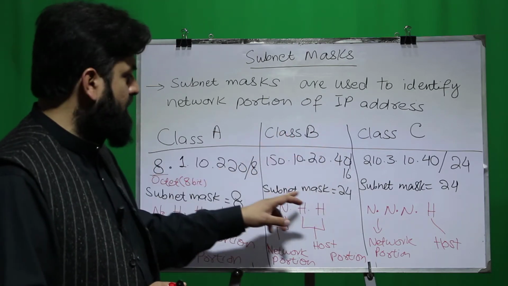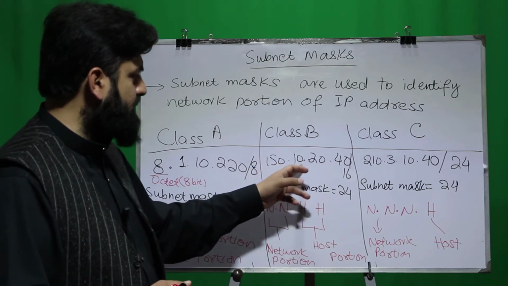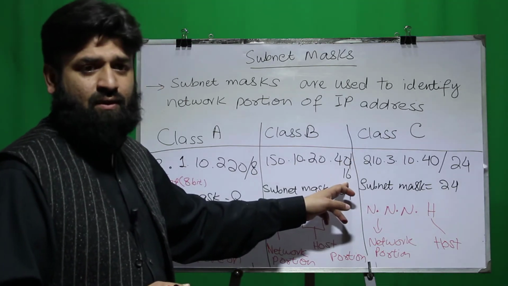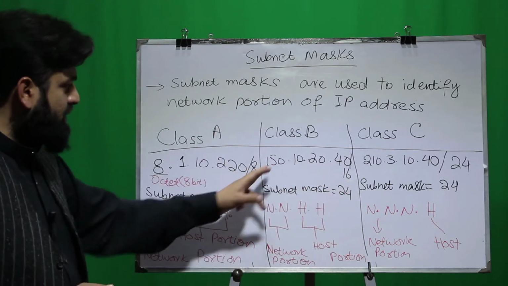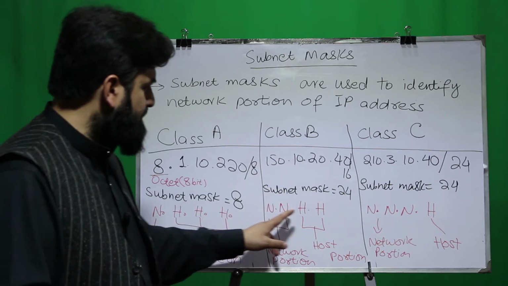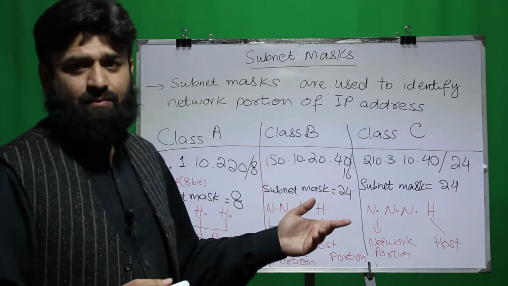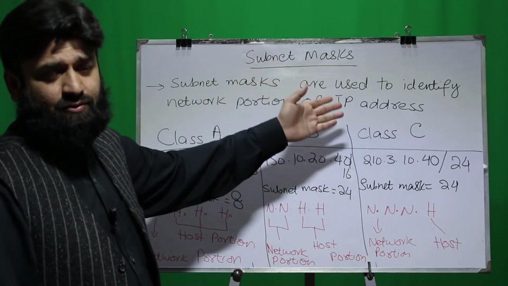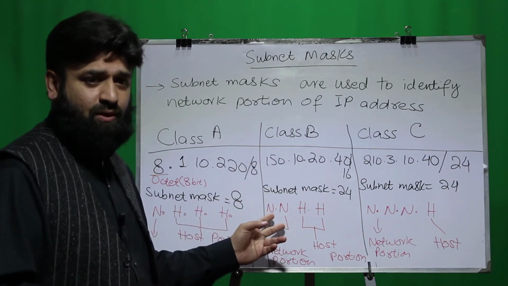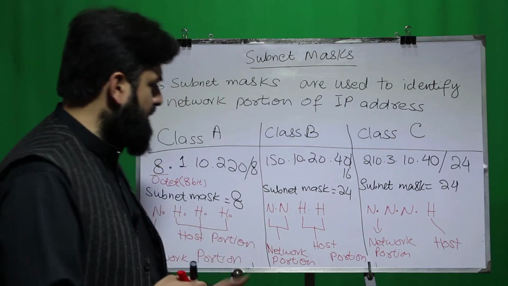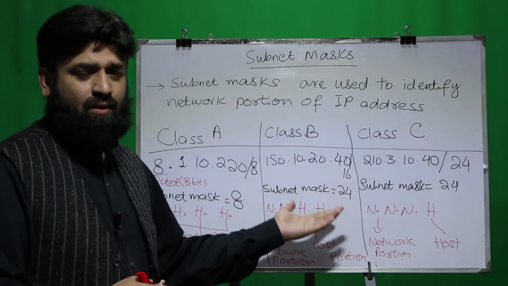Similarly, we have class B. This is an example of a class B address: 150.10.20.40/16. The subnet mask is 16 because the first 2 octets of class B are network portions. So the network portion constitutes the subnet mask, and as I told earlier, the subnet mask refers to the network portion of the IP address. So in a class B address, the first 2 octets will always be the network portion. It will indicate your network, and the remaining 2 octets will refer to the host portion. It will show up your host